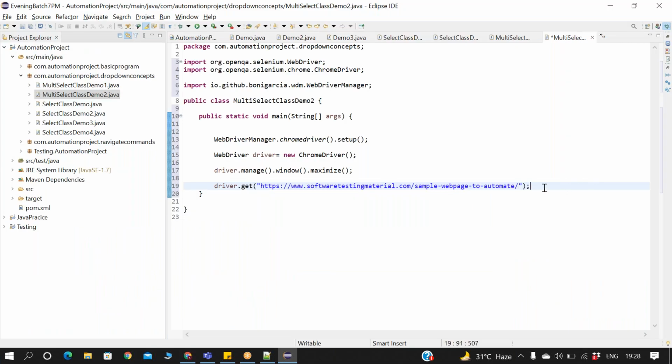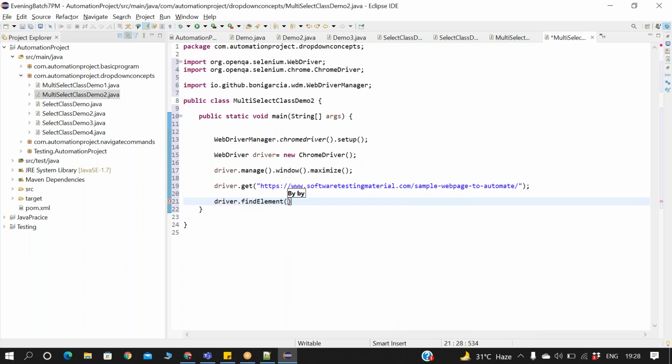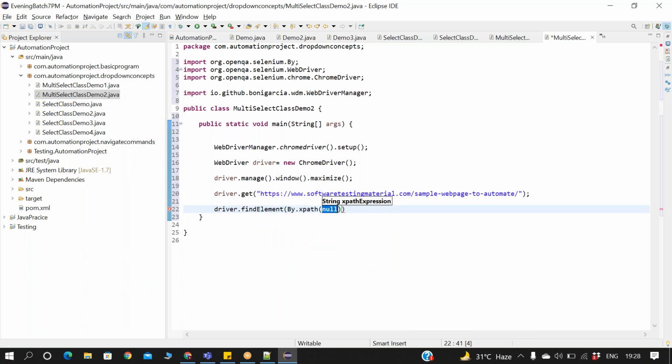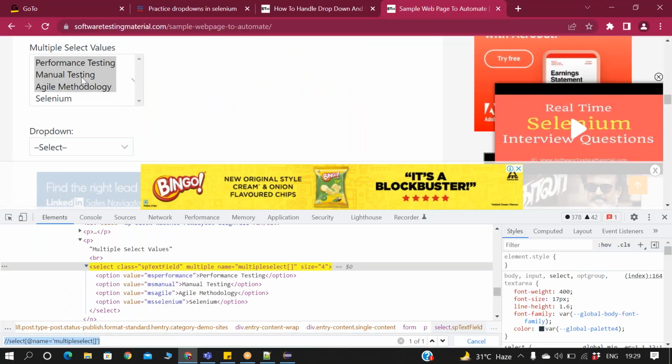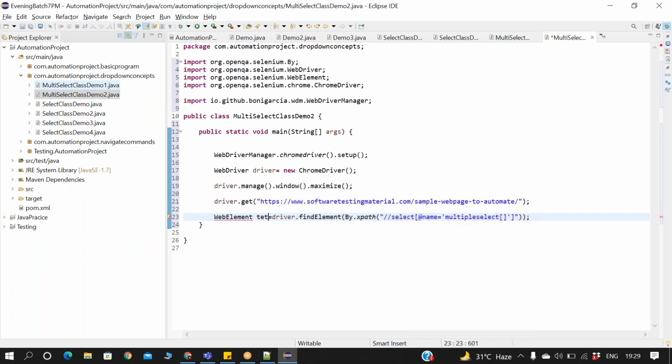I want to write the code as a web element, and I need to use this web element in the Select class to use Select class methods for a specific location. Simple: driver dot findElement by dot XPath. I need to store it as a reference in the form of a WebElement. I am taking this as testing, because those are testing concepts. WebElement testing